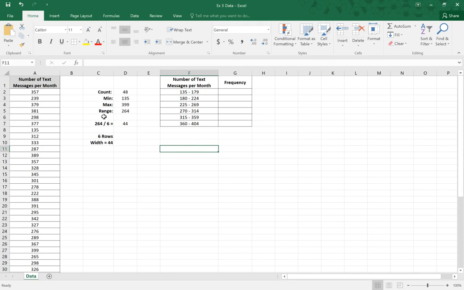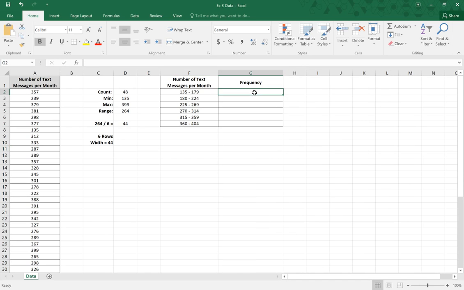Now, I don't want to count through this by hand. That's why we're doing this with Microsoft Excel. So I'm going to give you the formula here. Equals COUNTIFS, with an S on it because I have more than one condition. Where is my criteria range? We're looking at the data in column A. So I'm going to click on A, and then put a comma, and now it's saying, what's the test? Well, the data has to be equal to 135 or greater than 135. So we put quotation marks, greater than or equal to